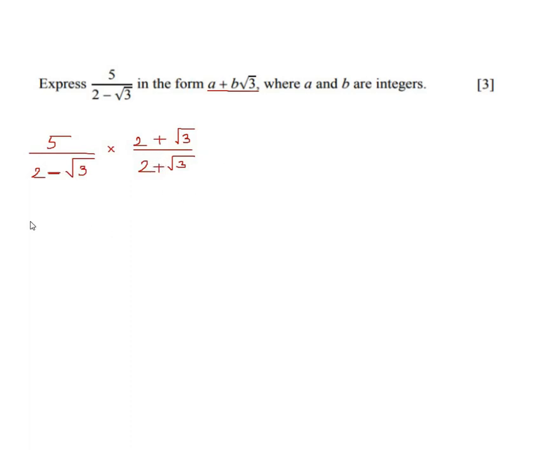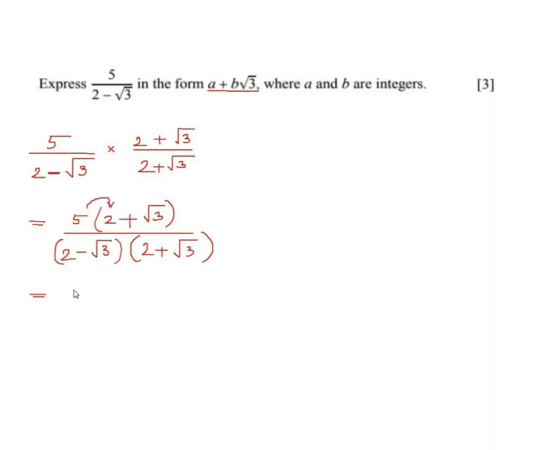The next step is we have to combine the numerators. So we have to multiply 5 with 2 plus radical 3. And we are going to multiply the denominators, 2 minus radical 3 and 2 plus radical 3. After this, we have to just distribute the bracket. So 5 times 2 is 10 plus, since there is a plus here, 5 times radical 3 is 5 radical 3